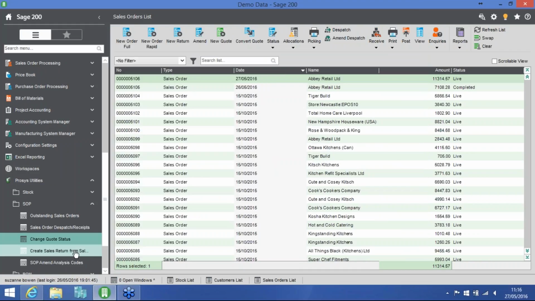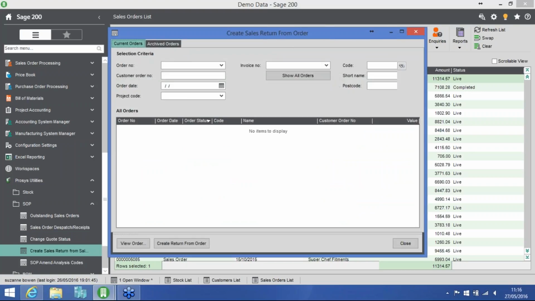This one is really useful, creating sales returns from sales orders. I know it causes a lot of frustration where you've entered a sales invoice or sales order for a customer. They send the goods back, and so to create a credit note, you have to start from scratch and enter all the details again. What this will allow you to do is to select a sales order and create a return based on that sales order. So again, let's have a little look at